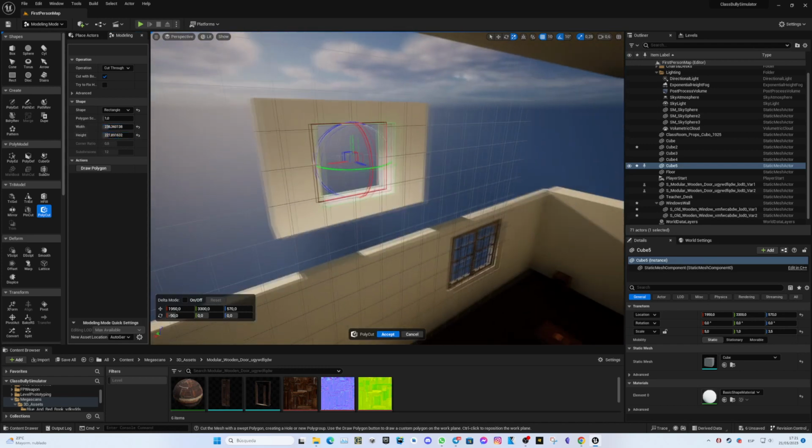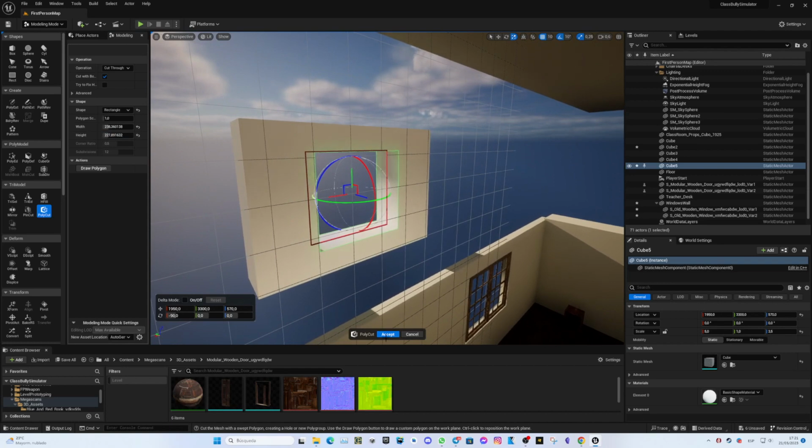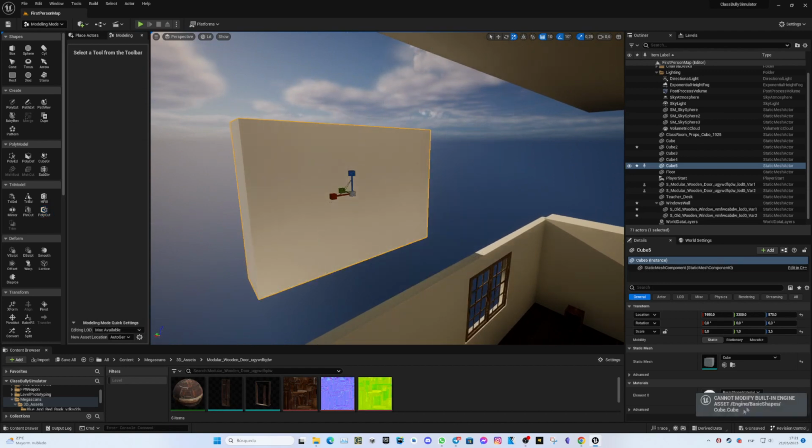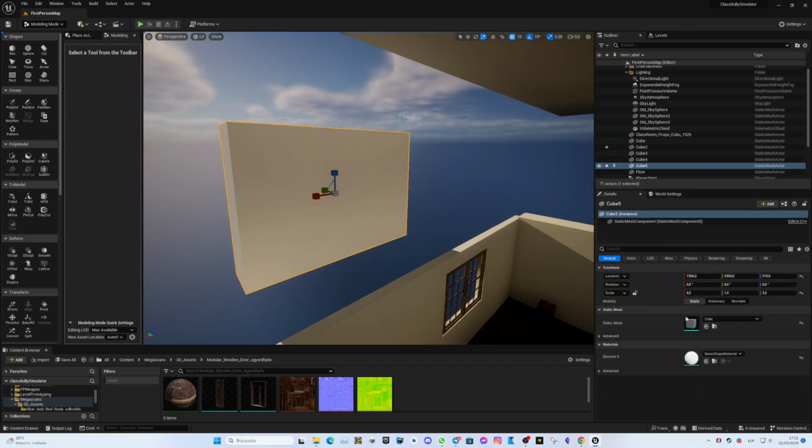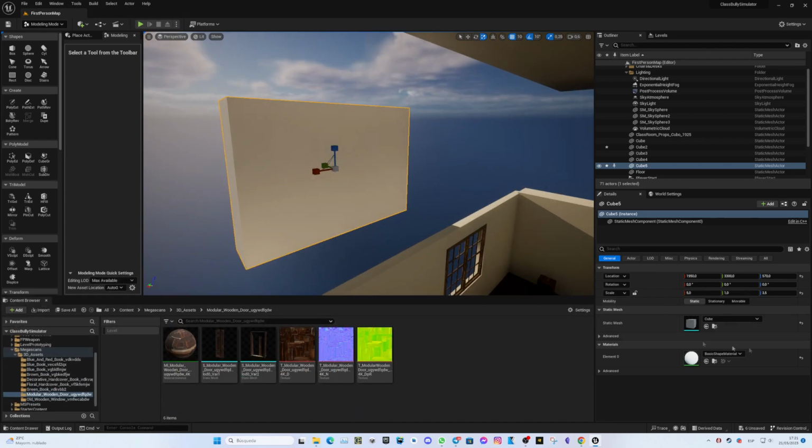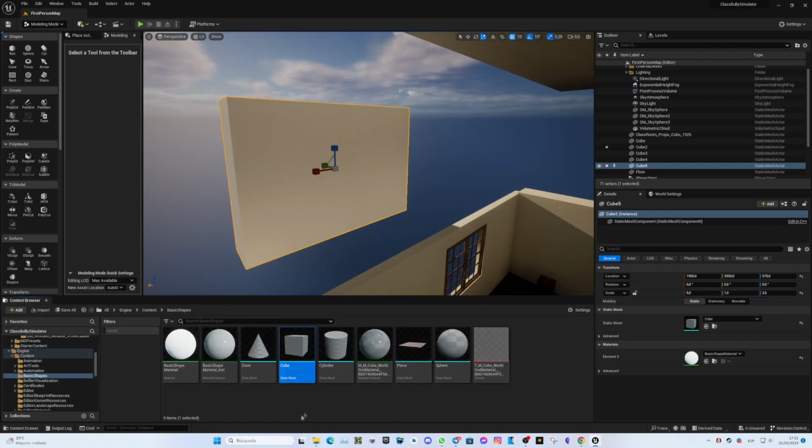So it's like a window, but when we say accept, it will not work because we are trying to modify basically the built-in engine shape. So to solve this, you basically have to go to the cube, and I can just